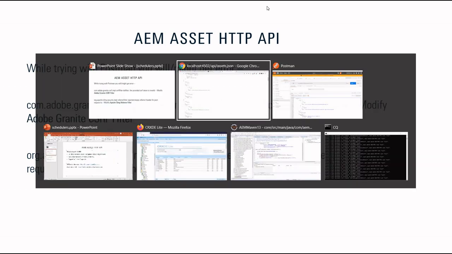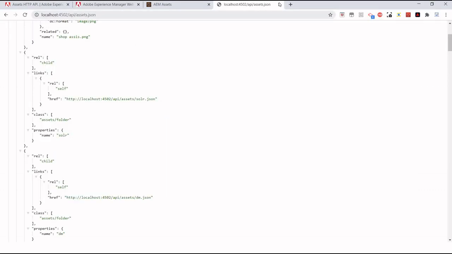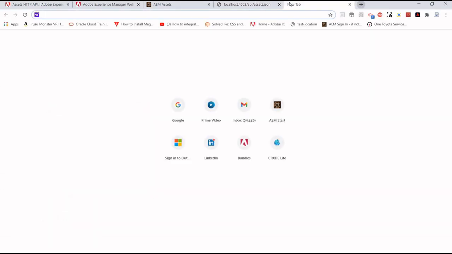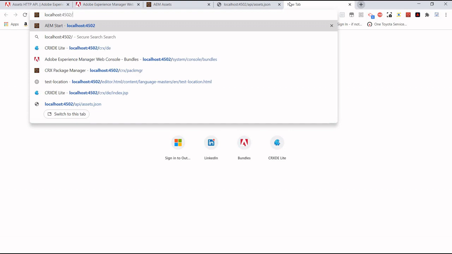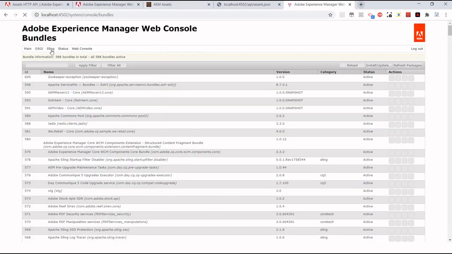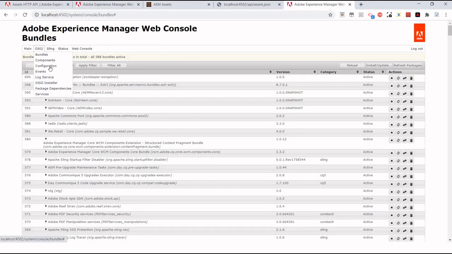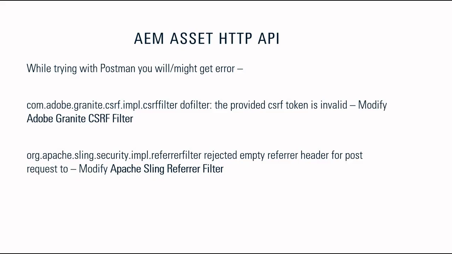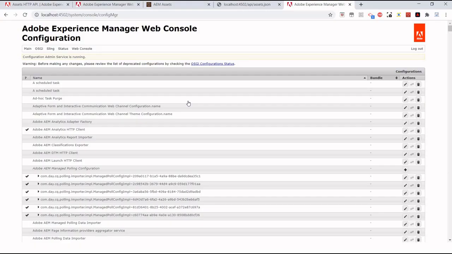So the very first thing we have to do is go to the system console, and then configurations. Search for Adobe Granite CSRF Filter.